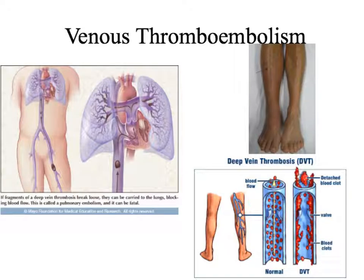So what is a venous thromboembolism? Basically, it's where there's no movement of blood going. Whenever your muscles contract, it pushes the blood up through these little valves. And whenever you're laying down for a long period of time, you're not pushing the blood up through the valves, and so you can get clots forming in the veins, especially in the deep veins where the muscle compression is the most important. And when it happens, you can see that it will build up an edema on the legs,